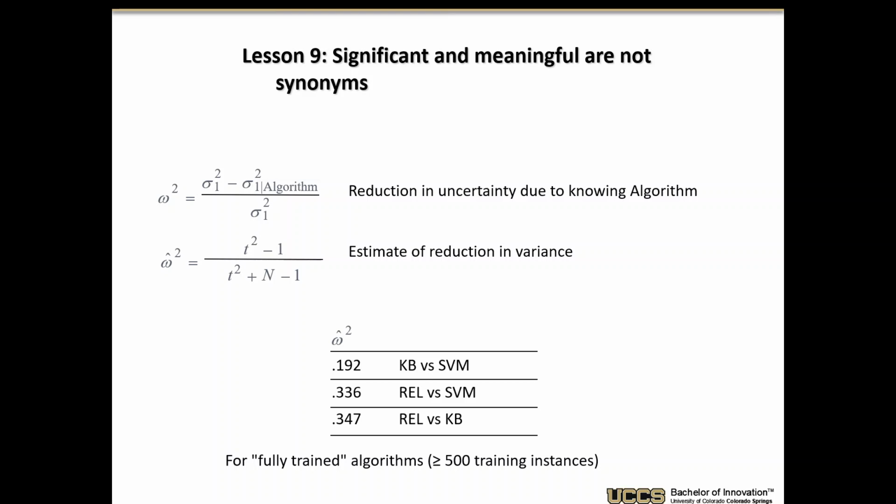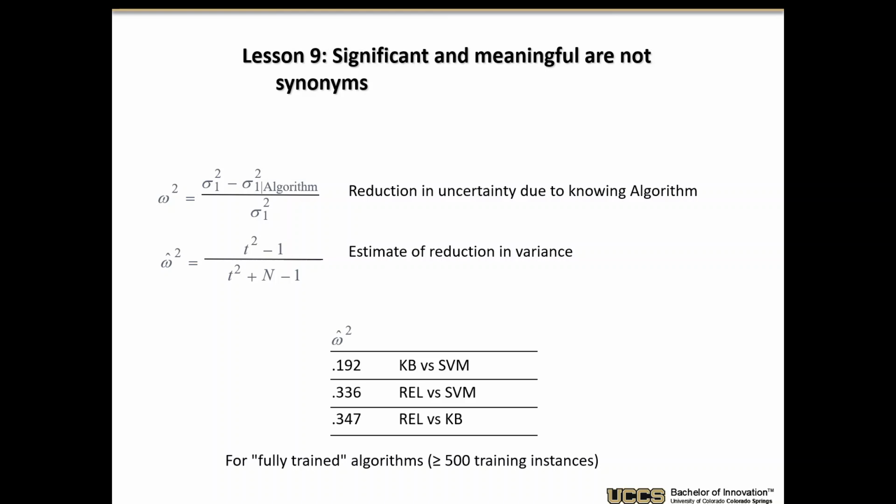So again, just as basic examples, if I look at the reduction in uncertainty due to knowing the algorithm, we'll talk a little bit more about statistics again next class. If I look at how much of the variance, we talk about the amount of explained variance. So here's the raw variance. Here's the variance after I know what the algorithm is, and I can divide that by the original variance, right? So how much of the variance happens just because I know which algorithm it is? And we call that the W statistic. So if I look at the reduction, I can talk about what that reduction is, and we'll see that for our fully trained algorithm with a lot of data, I get some reduction by knowing what the pairs of algorithms are,